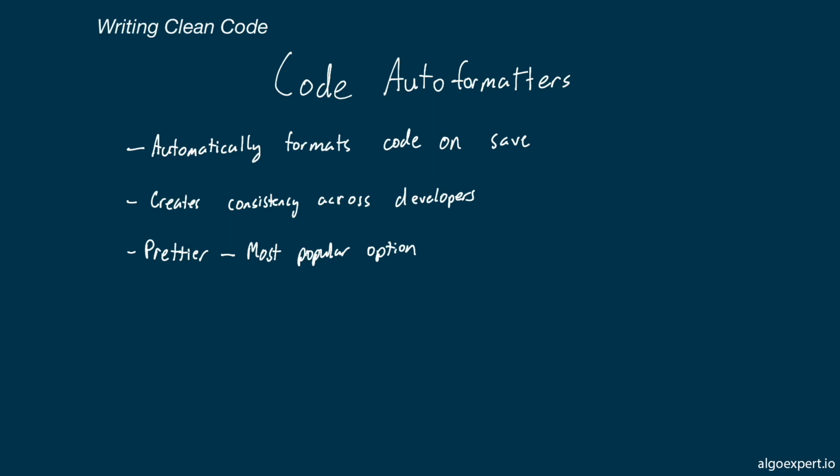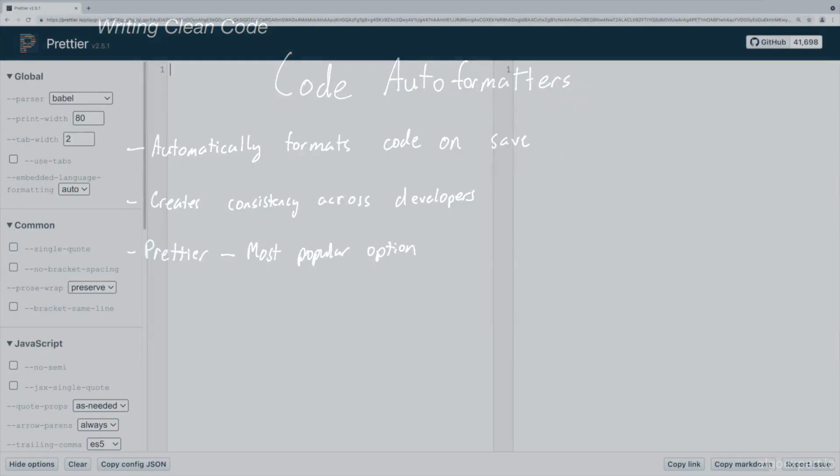Additionally, this allows you to create consistency. So if all of the contributors to your project are using the same auto formatter, then everybody will have the same styled code with the same size spaces and tabs, the same max character length, and so on and so forth. So to show how Prettier works, we can actually come over to the browser and we can go